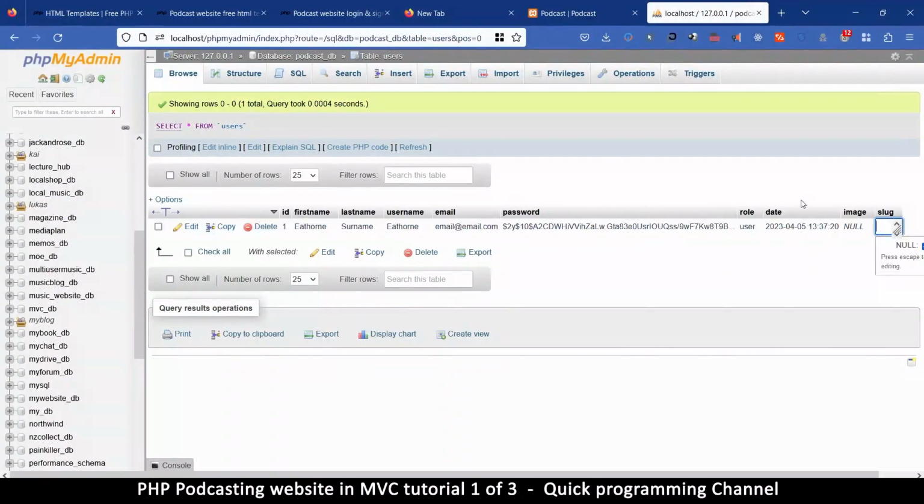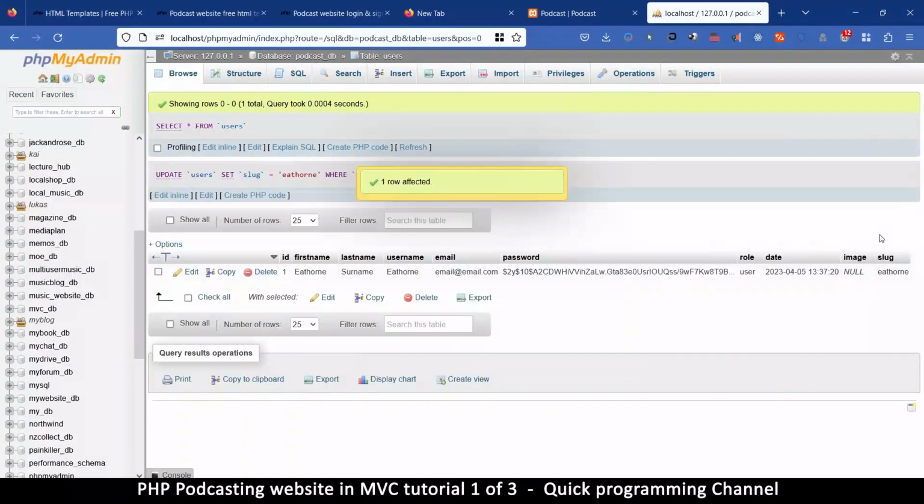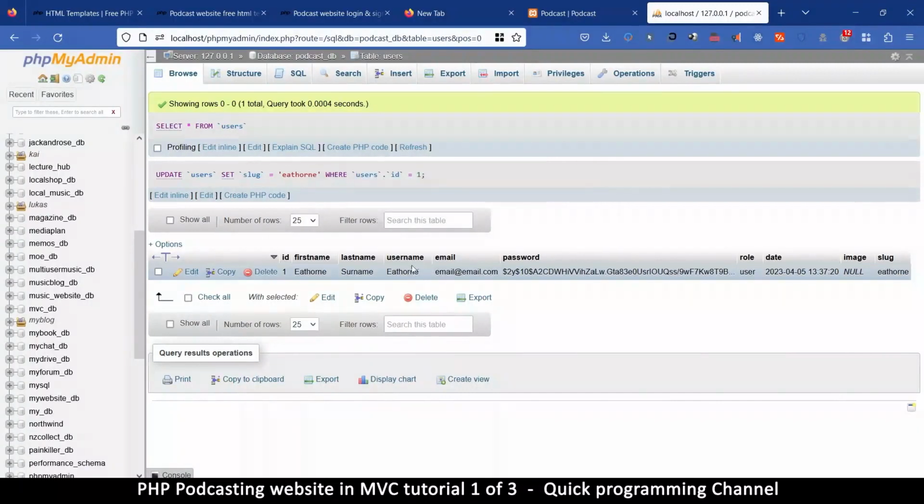So let's try username here, but a URL friendly version. So we're going to use small letters only, like that. So if there are two, I think just the username. And then if you find another person using that username, the slug should just add a number at the